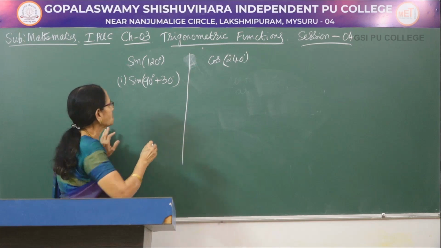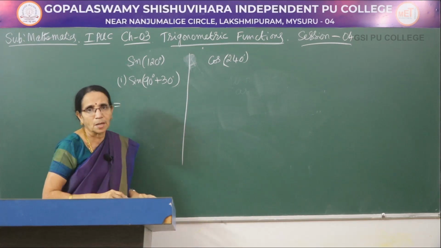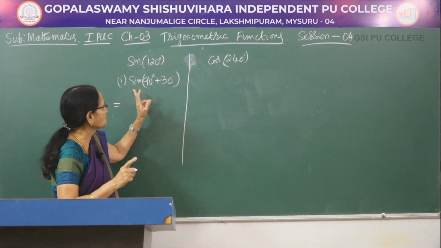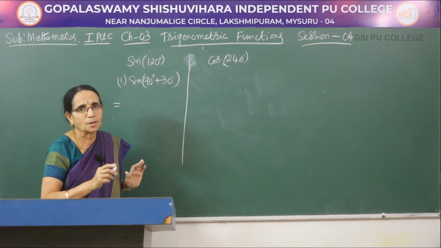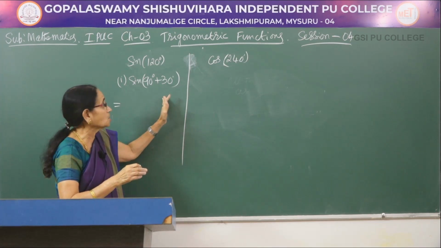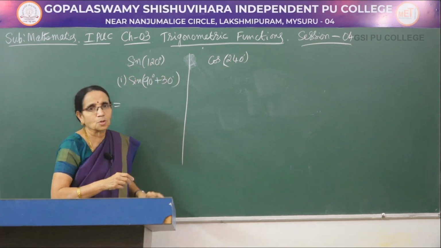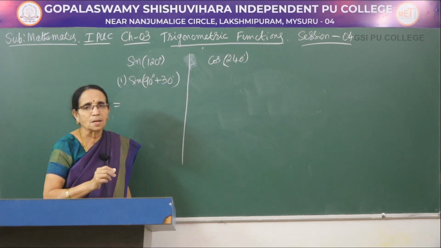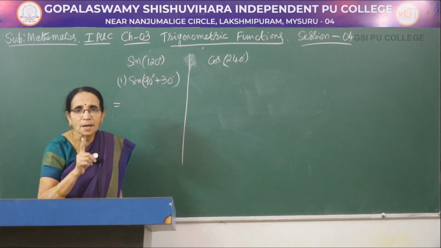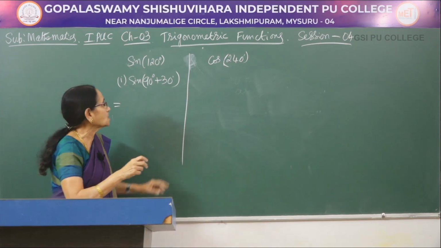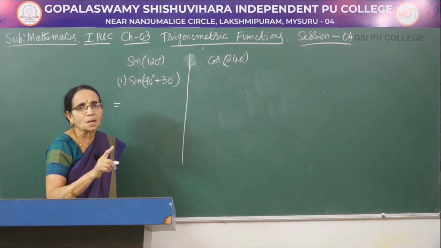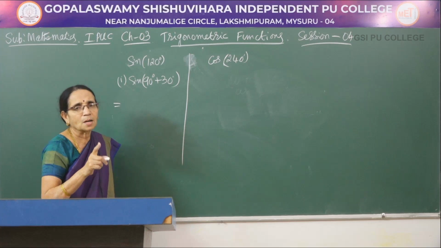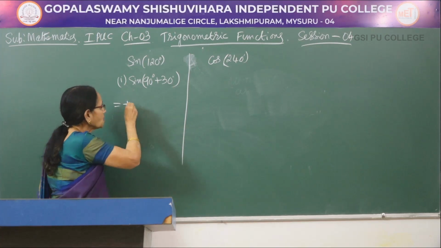Okay, 90 plus 30. Now, I am using the first rule here. What is the condition? The function should be changed over to co-function. Now, look at this angle and this ratio. First, you have to write the sign also, whether it is positive or negative. 120 degrees, which quadrant does it lie in? It lies in the second quadrant. Now, what is the ratio I am considering? Sine ratio. And you know that in the second quadrant, sine is positive. Therefore, write the sign first.